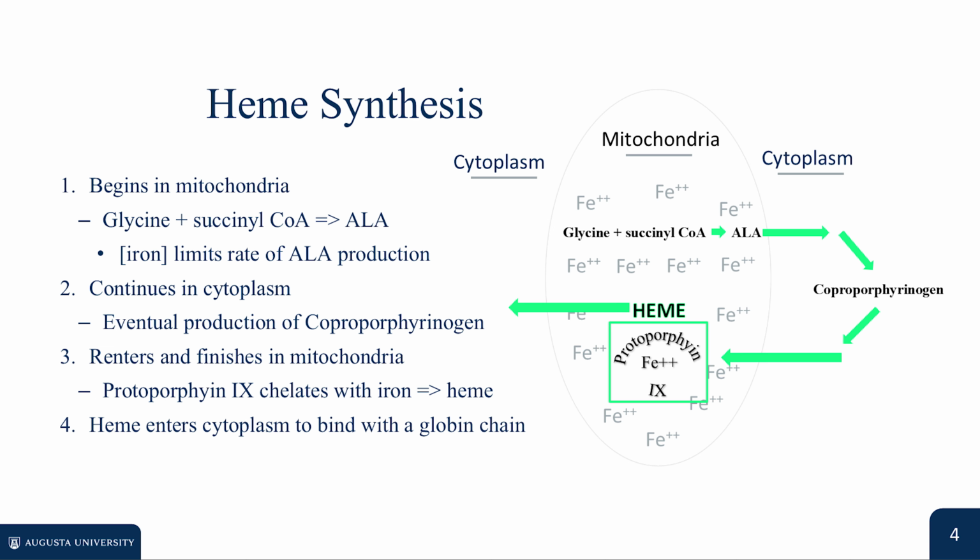In the final step inside the mitochondria, the enzyme ferrochelatase inserts a ferrous iron atom directly into the center of protoporphyrin IX, yielding a complete heme molecule. Once constructed, heme exits the mitochondria one last time into the cytoplasm, where it promptly binds to a newly synthesized